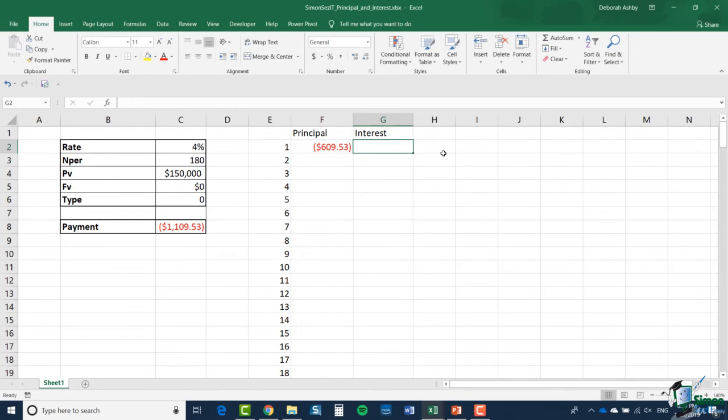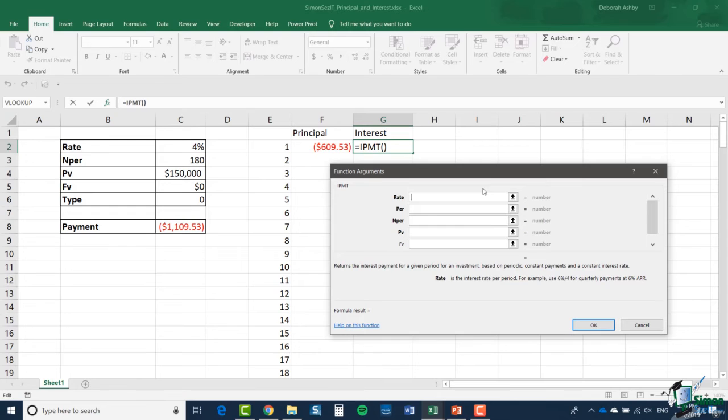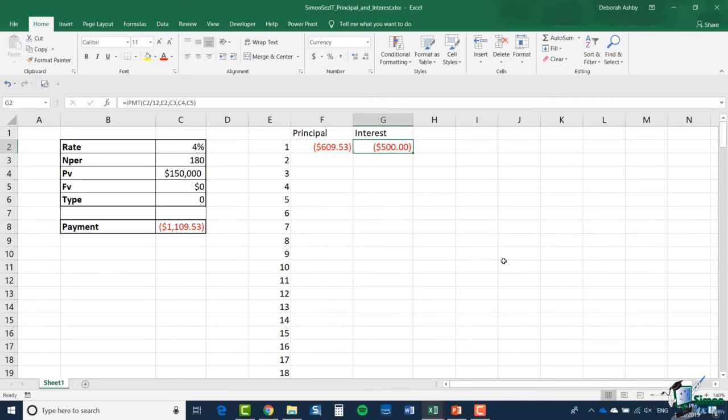So next, I'm going to calculate the interest payment. And the function I use here is IPMT. And this one has the same arguments. So we're going to say rate divided by 12. PER is E2. NPER is C3. Present value C4. And future value C5. And you can see that my first interest payment is $500 for the first month. And of course, if you add the principal and the interest together, you get the payment that you can see